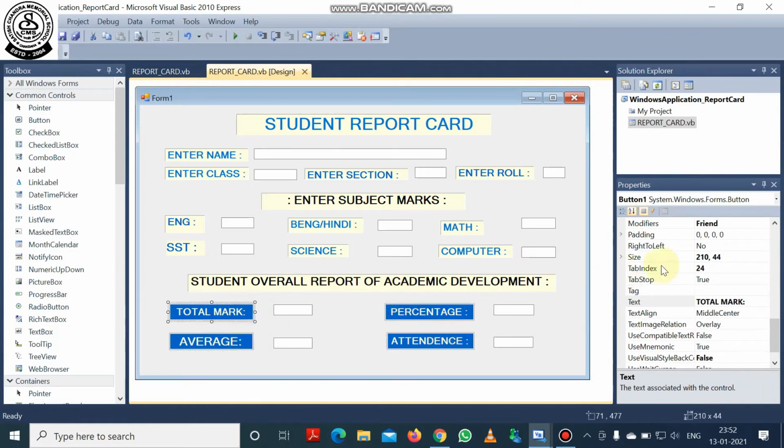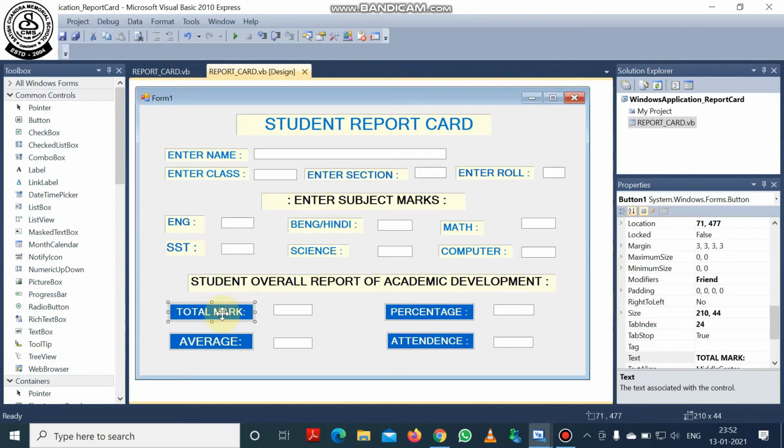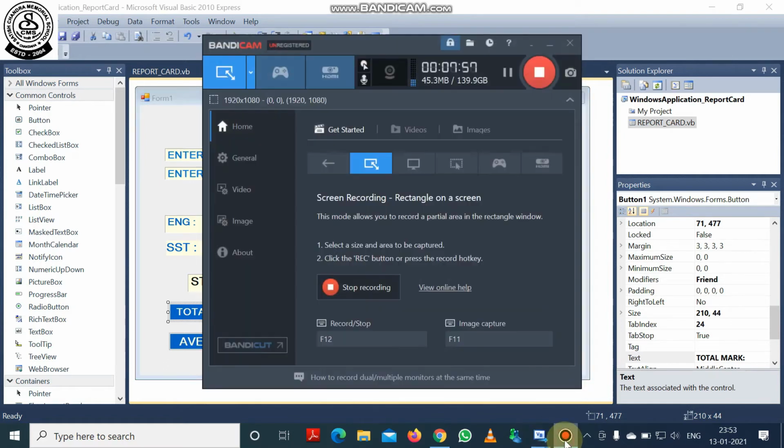If you click here on one button, you can see the name of the button, button 1, next button, button 2, next button, button 3, next button, button 4. Like this I have taken 4 buttons. And remember one thing, by clicking on the button we will get the output from the program. In a GUI based VB application program, for the buttons we write the code, because by clicking the button we provide the output. So on the basis of the buttons we write the code. So how we did it, let's see that.